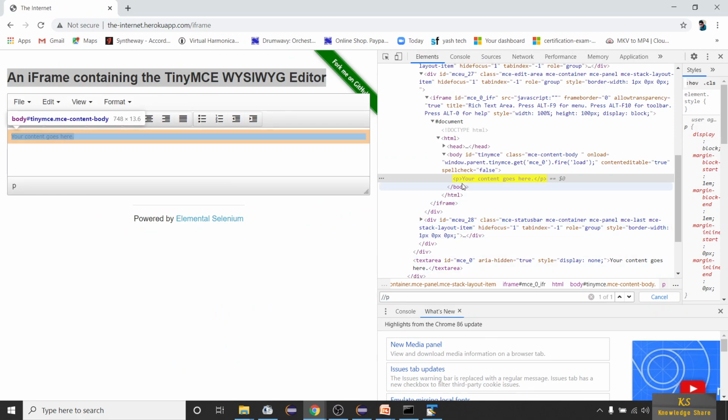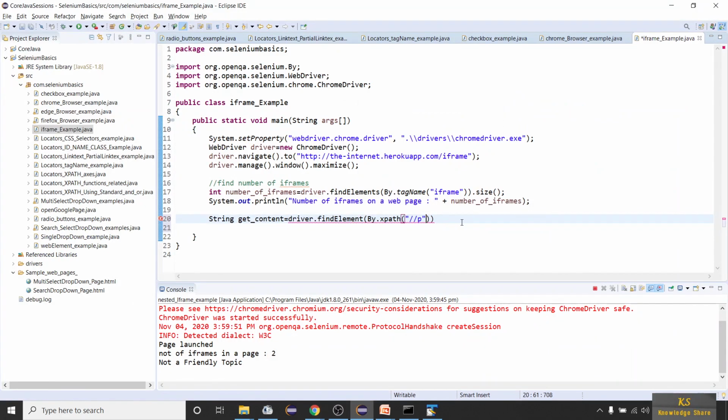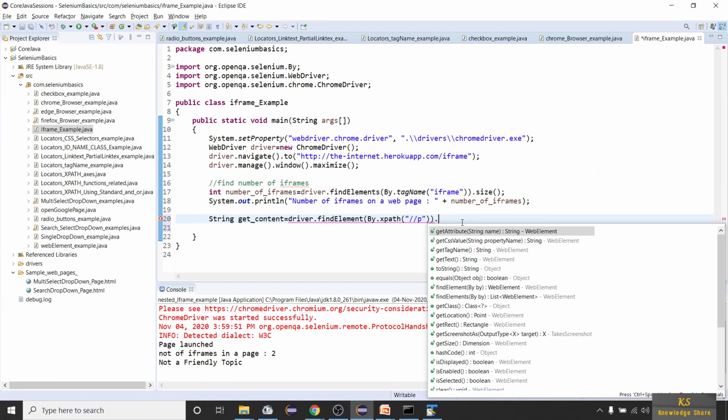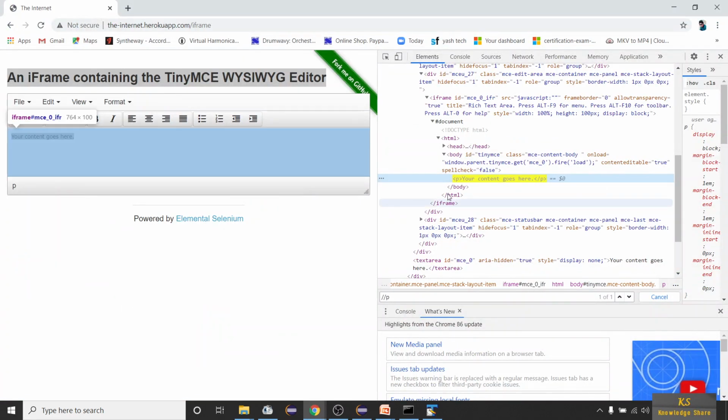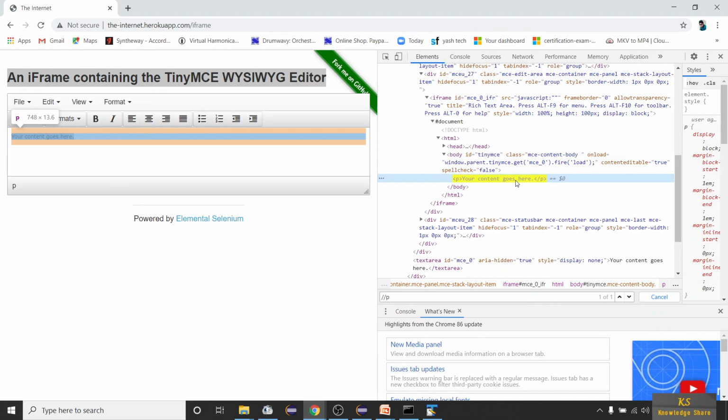This text is in a p tag, so if you want to get the text, you simply have to use getAttribute of innerHTML, where HTML will be in caps. Then in getContent we will get the text, your content goes here.